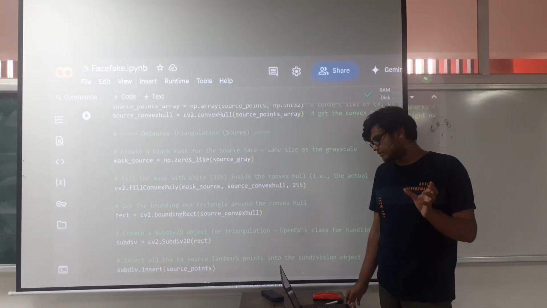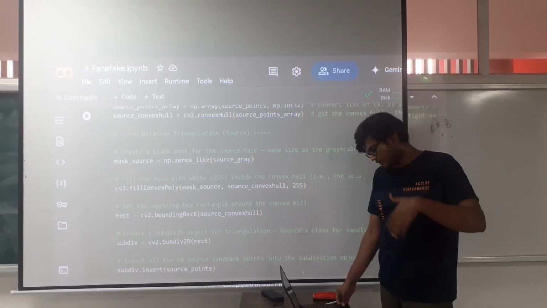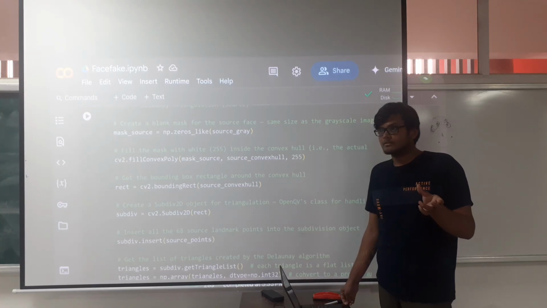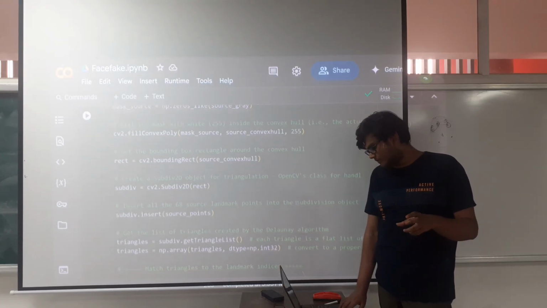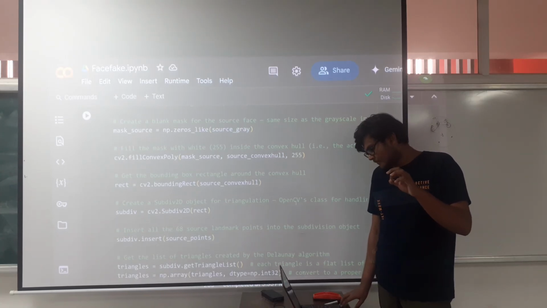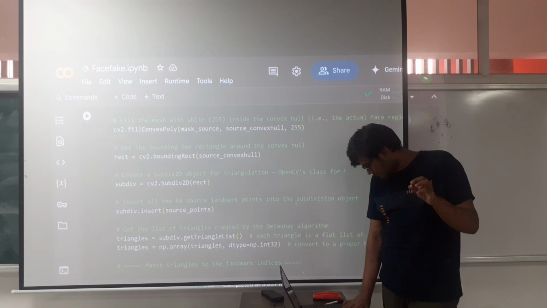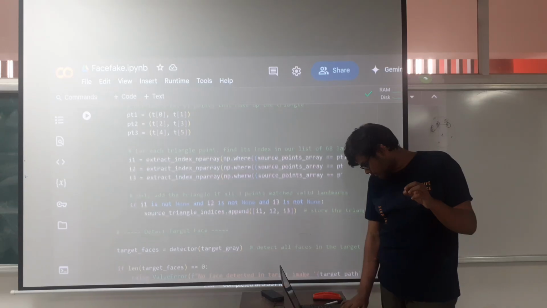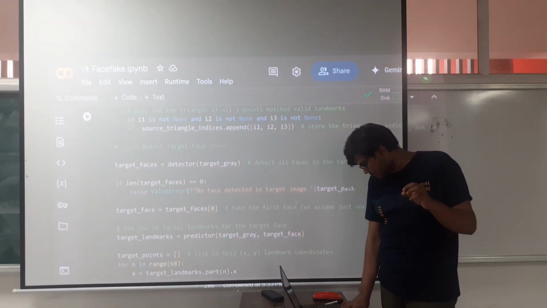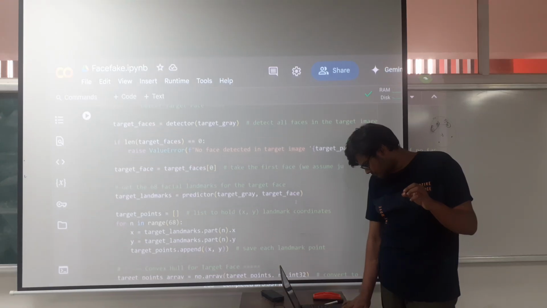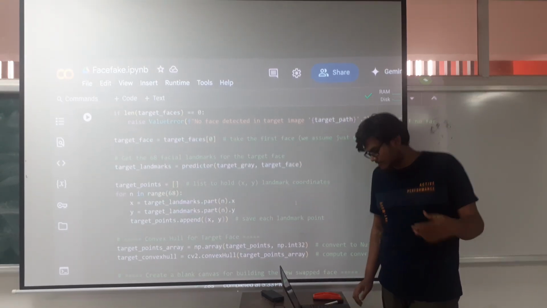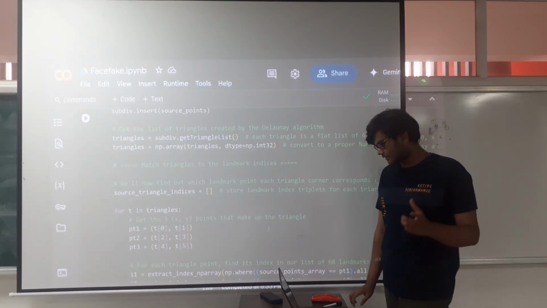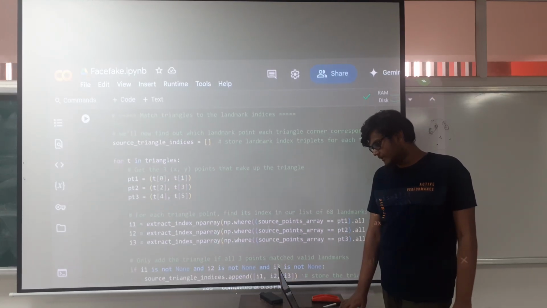what linear triangulation is doing is we are creating a mask of the copy of the image, and we are creating an inverse of the image such that wherever there is a point detected, after this, after we are finding the list of triangles created by the Delaunay algorithm, we will find out each